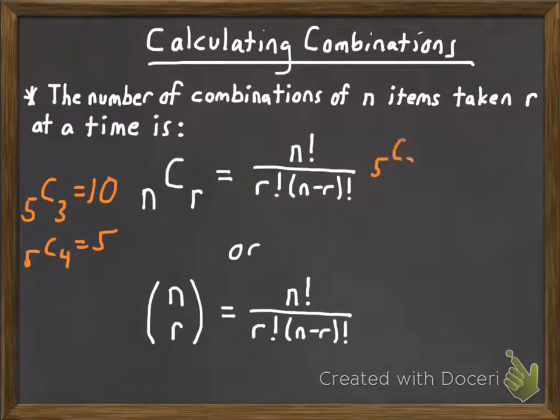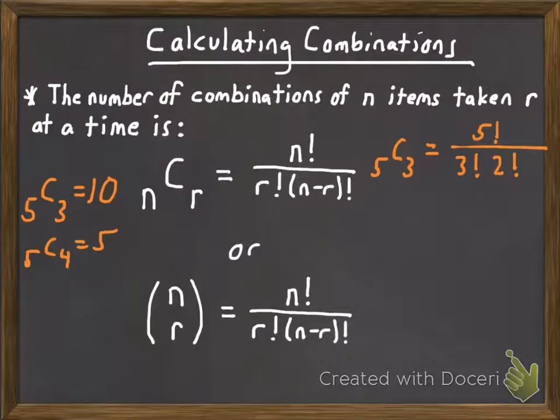All right, 5C3 equals n factorial, and the n would be the 5, so that's 5 factorial, over r factorial, and r is 3, times n minus r factorial. Well, n minus r here would be 5 minus 3, or 2